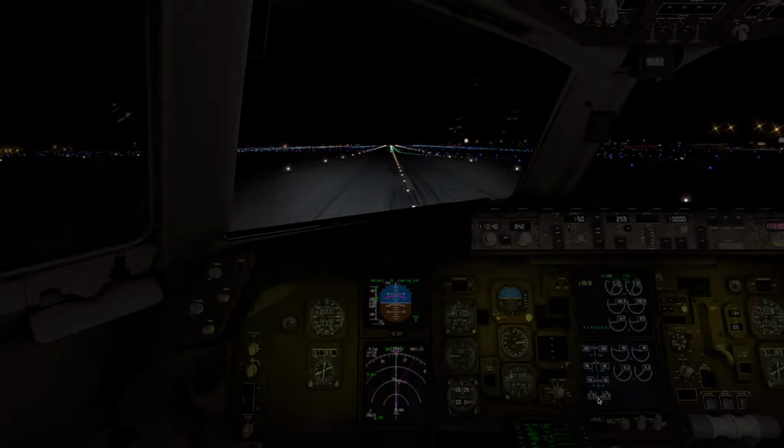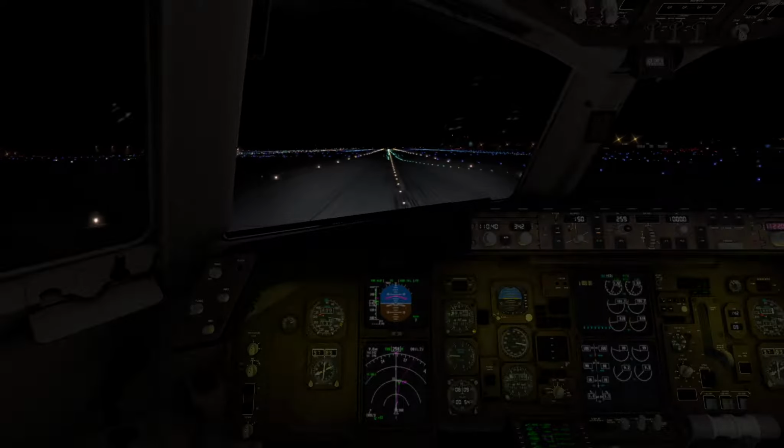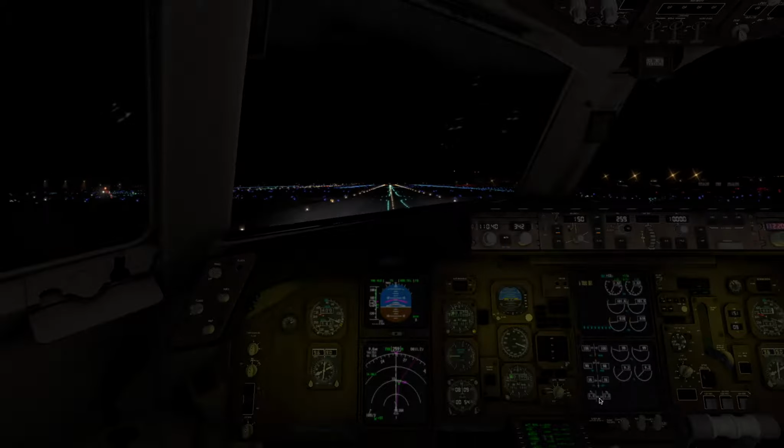V1 approaching, rotate nice and gently, positive rate, gear up,